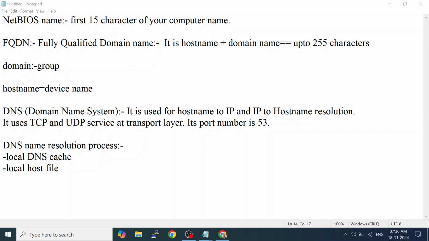So second step is it will search in the localhost file. Then the third is it will send the query to DNS server. So these are the three steps. So why you should know these all three steps? What is the use? These all things I am talking about local, but you are now working on cloud.